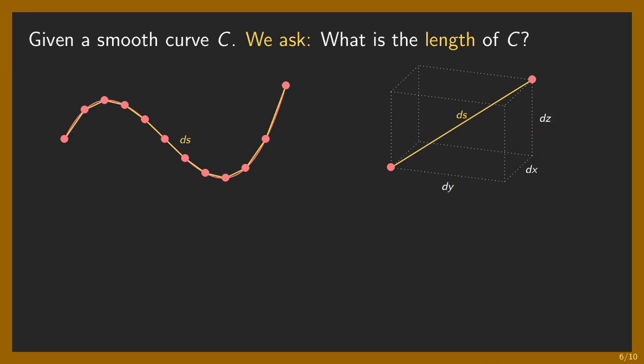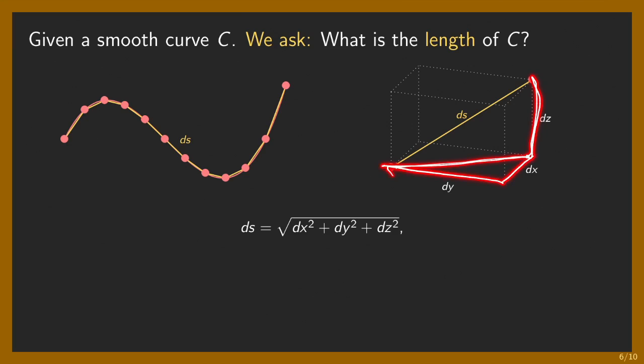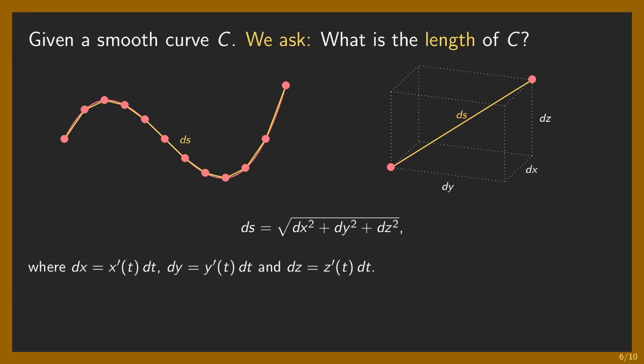We know from the distance formula that ds is actually the square root of dx squared plus dy squared plus dz squared. Now we have derived a similar calculation before, where we consider this right triangle. In order to get this length, you have to consider this right triangle as well. Do you remember that? So as a result, this is an expression that calculates ds, where you know that x, y, and z are functions of t.